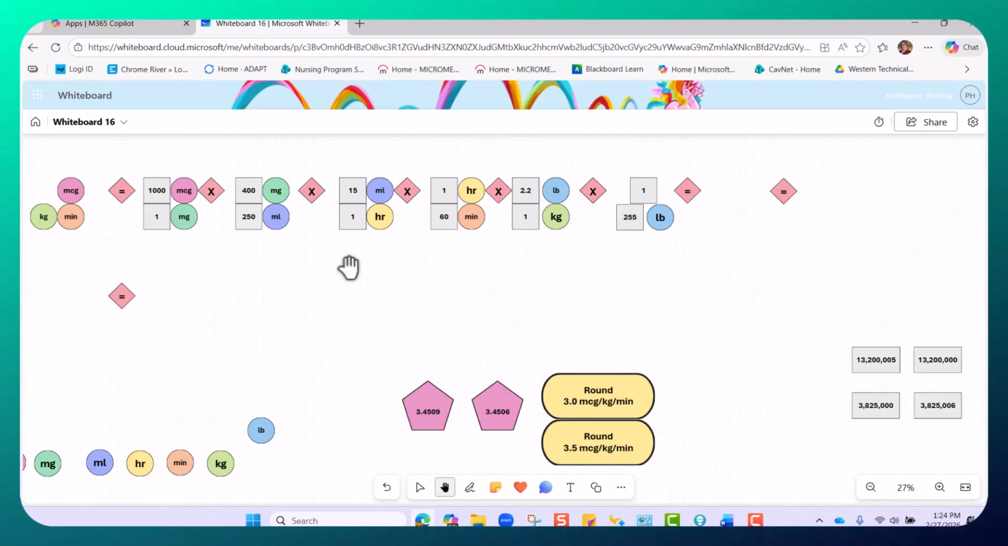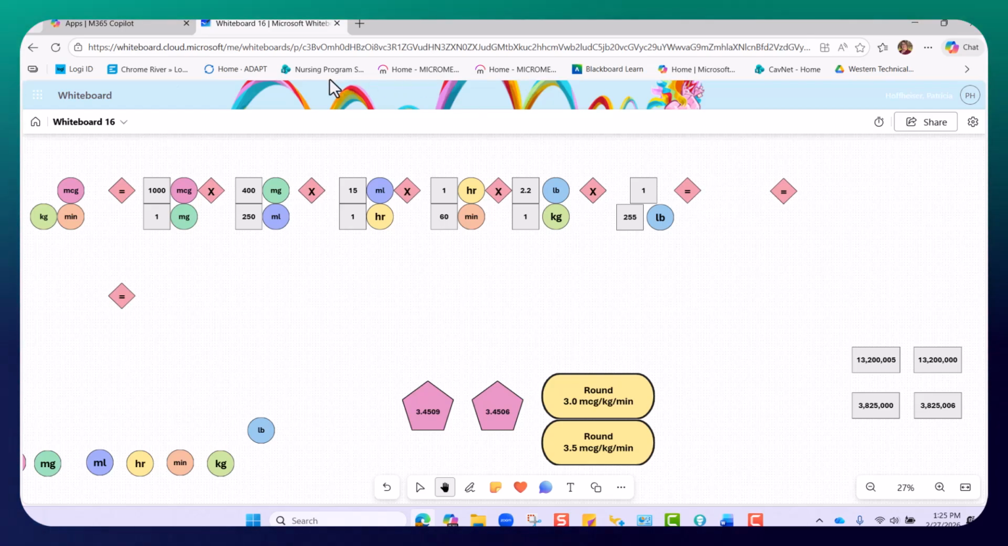Okay, so now the student has to go through and say, have I set my problem up correctly? Milligrams cross cancels, milliliters cross cancels, hour cross cancels, pounds cross cancels this way. I am left with micrograms, kilogram, minute. I can put the kilogram in front of the minute, and that's perfectly fine. So then they have to multiply all of their numerators together, and that's going to give them,